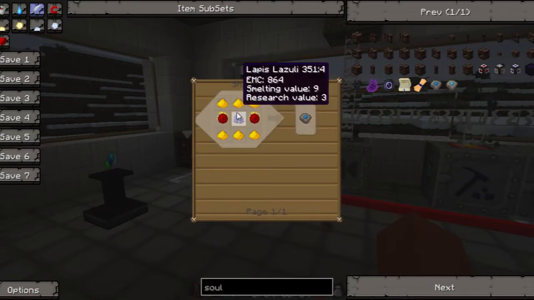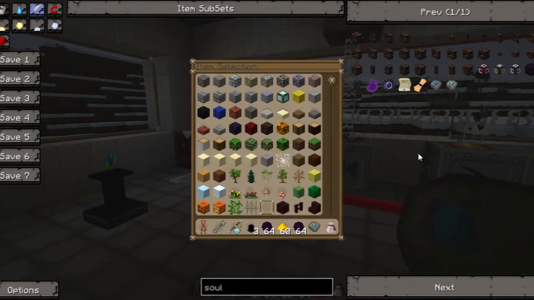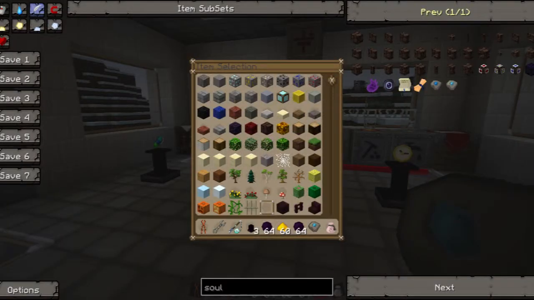Okay, so anyway, Soul Stone. It takes 2 red matter, a lapis, and a bunch of glowstone, as you can see. This basically heals you. You press G and it'll consume fuel and heal you. Pressing G activates it, and it'll just heal you over time